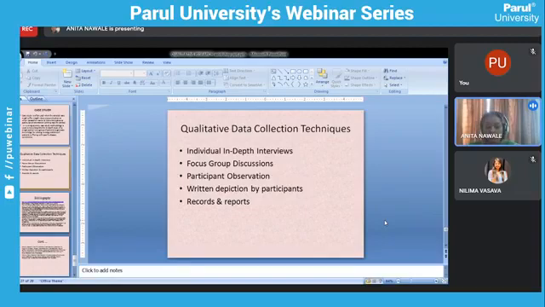As I told you, in some of the research designs, for example, ethnographic research designs, where the researcher needs to be a part of that community, only then will he develop good rapport and relationship with the group members, and he can observe the things from a closer view. So that is why participant observation is required.